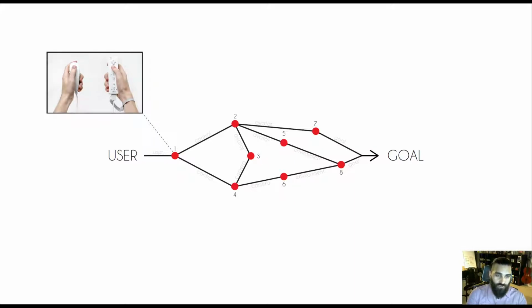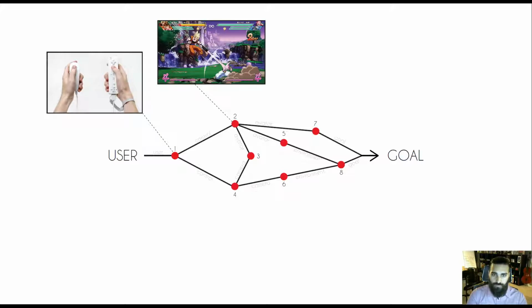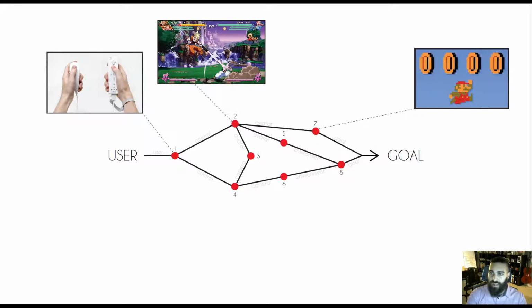So in relational joint number 1, which would be between the user and the controller, everything and anything having to do with the controller design and ergonomics happen here. And in relational joint number 2, between the controller and the avatar, any design decisions that need to be made in accordance with how many and how fast the buttons for this combo should be pressed to be able to get the ultimate attack from Goku are really made at this point. If we go to number 7, between the avatar and the goal, how is Mario interacting with the goal? What happens at that point?